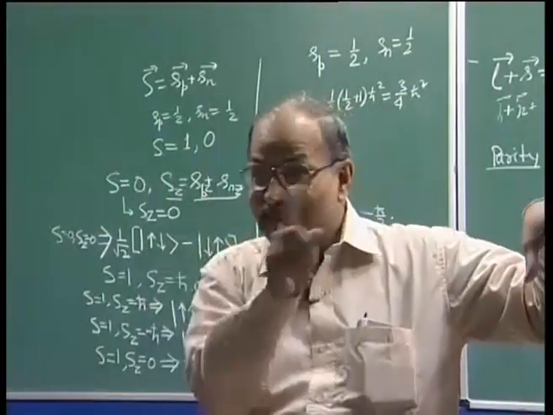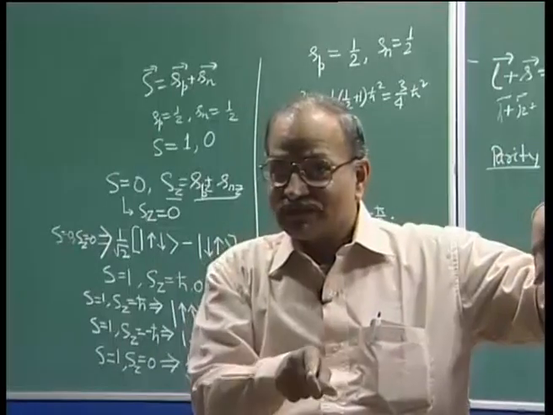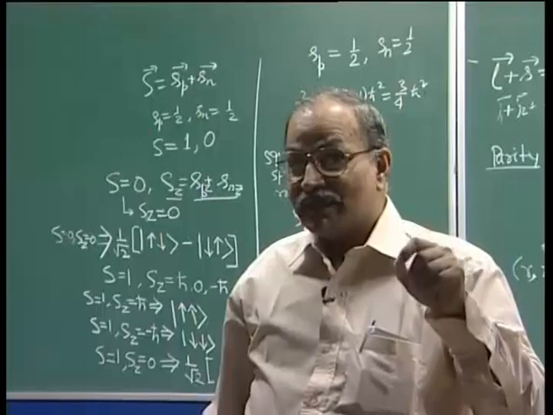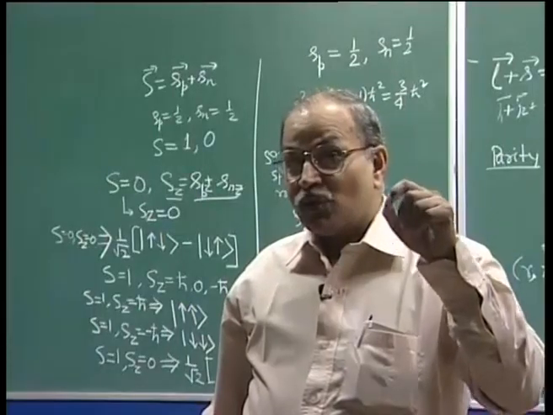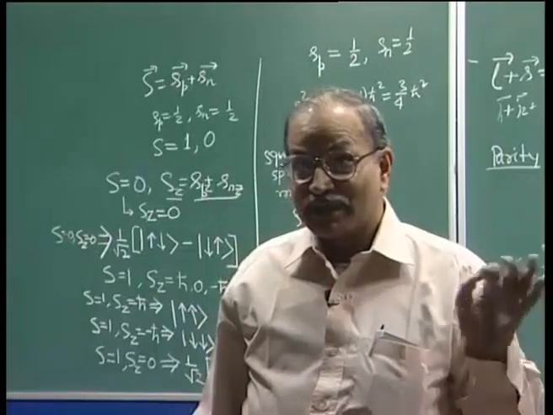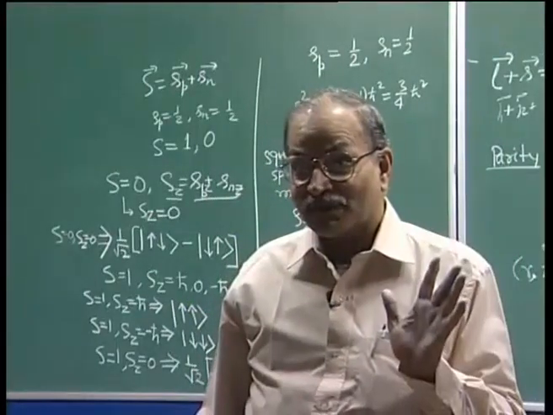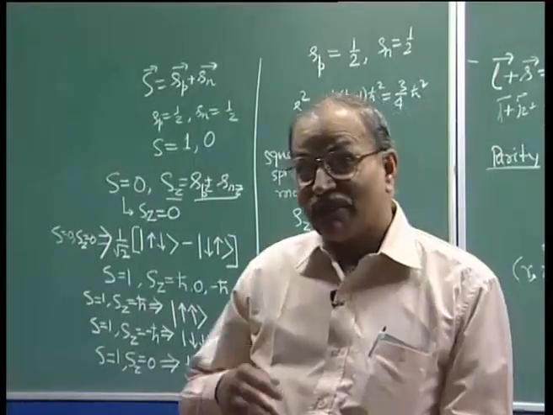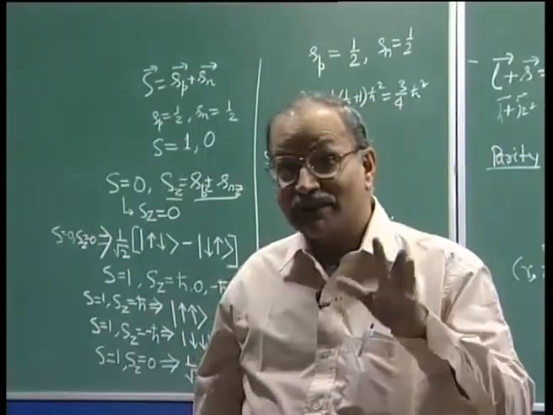So, this S has to be 1. So, Deuteron bound state must be S equal to 1 if we are thinking that it is central potential and L is 0. It is not 75% times 1 and 25% times 0, it is 100% times 1,